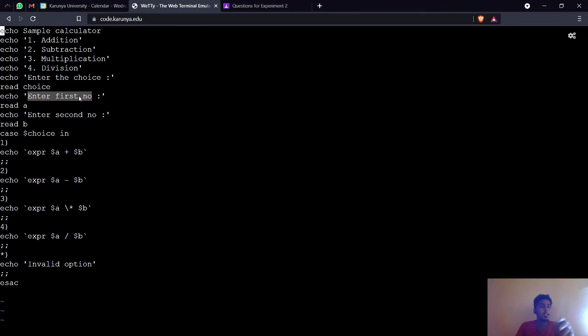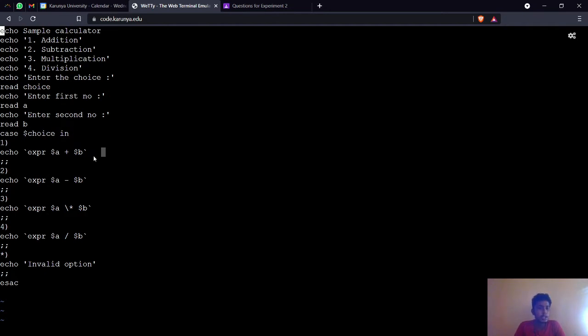After that I am getting the operands, the numbers. If you want to perform addition, two operands should be got from the user. So I am getting the two operands from the user and storing them as a and b. Now I am asking the user which operation to perform: addition, subtraction, multiplication or division. According to that the user will give a choice: 1, 2, 3, 4. If we press 1, it should perform addition. If we press 2, subtraction should be performed. The choice given by the user will be stored in the variable already mentioned.